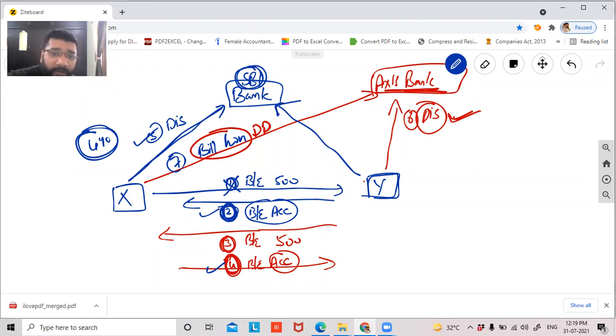Y will pay to SBI Bank, no? Yes, sir. Correct. So how will Y get money to pay that? For that only, Y drew a bill on X, no? For that, Y drew a bill on X, and X has given his acceptance. So what he did is, on the maturity date, he was not sure whether X will give the money or not. So he played very smart.